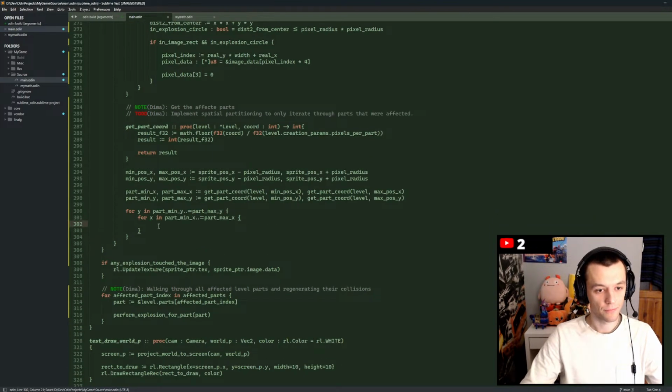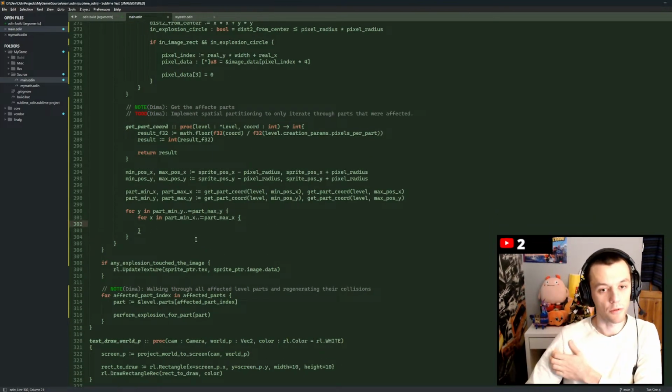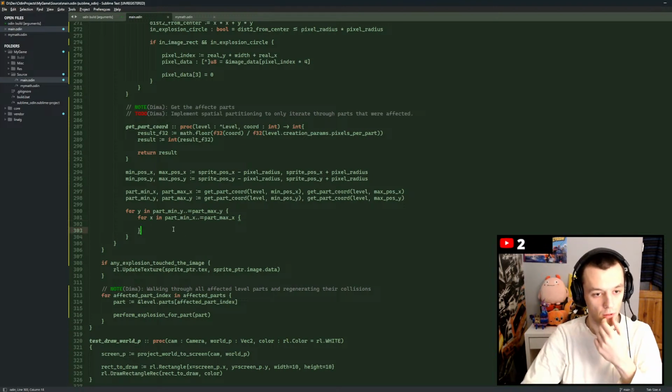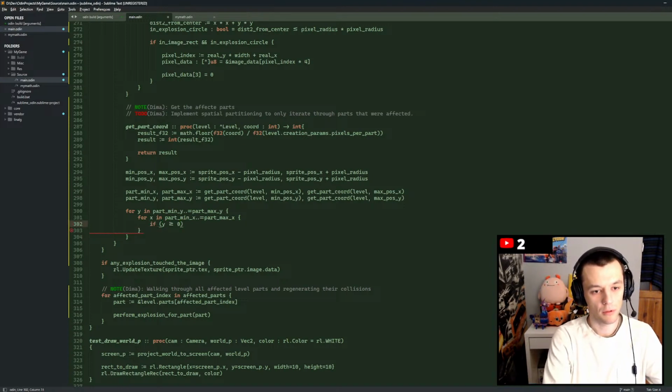Now I need to check if the coordinates are valid. If y greater or equal than 0 and